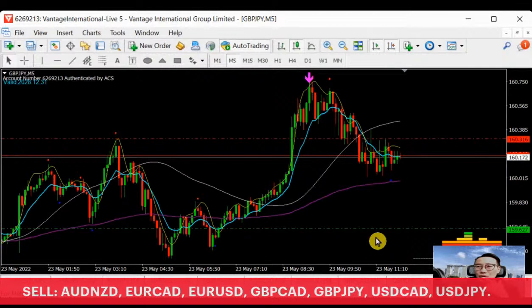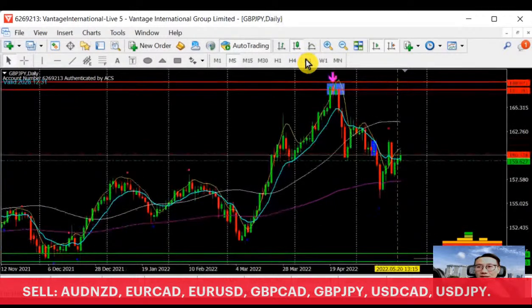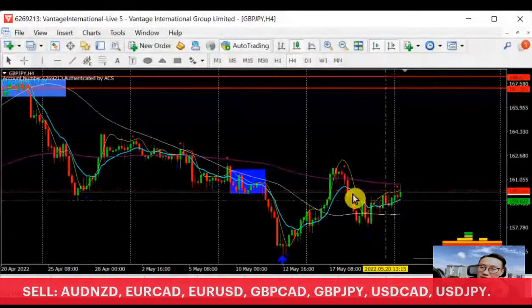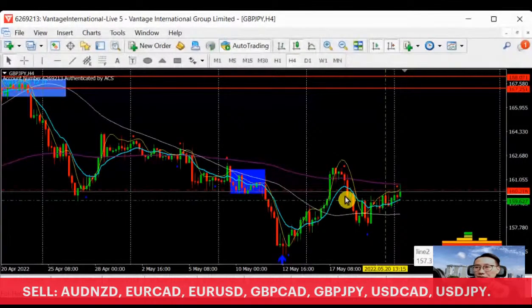Now let's go into pound yen. Once again, let's take a look. Pound yen right now in the general trend is in the downward trend. However, today we are experiencing a retracement. So with this retracement, we are looking out for a place where the retracement ends. It can be here. This is a resistance, but it's quite weak. When there's a retracing downwards, we just grab some from there, because ultimately we are still in the bear.